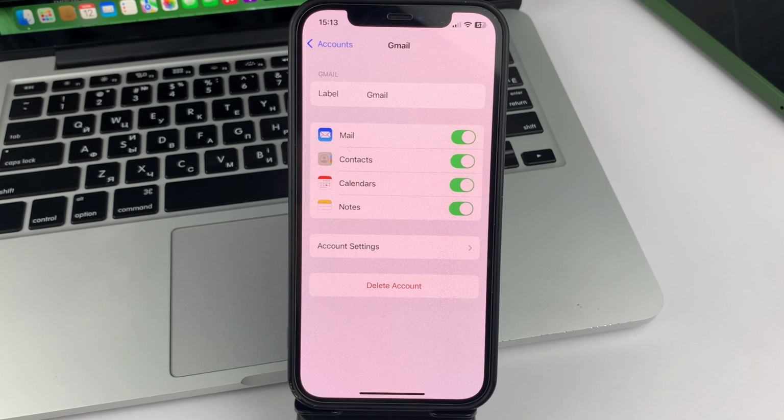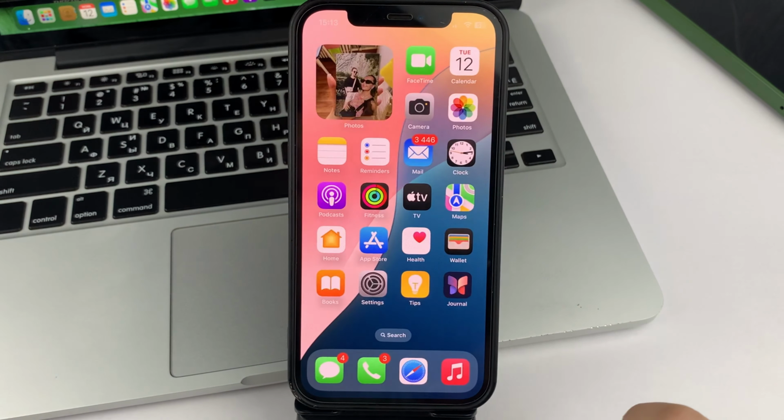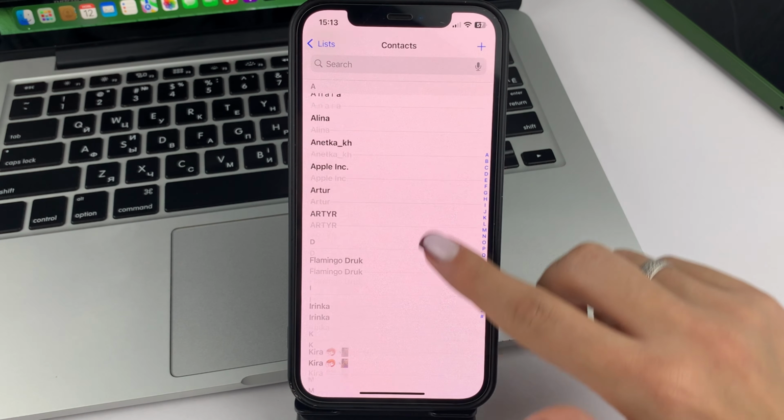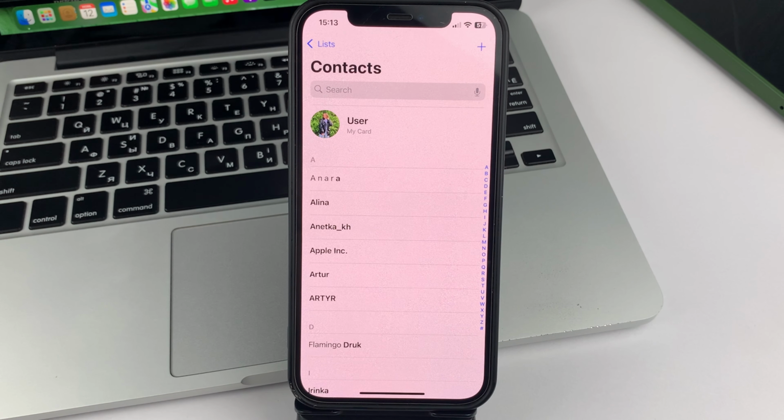After that, after 2 to 3 minutes, you can already log into the Contacts app on your iPhone. And you will be able to see that your contacts list has increased, because all the contacts that were in your Gmail account are now synchronized and are in the Contacts app on your iPhone. If unfortunately, after a few minutes, this hasn't happened, then restart your iPhone. Perhaps your iPhone may not have had time to pull up all the data in your contacts.